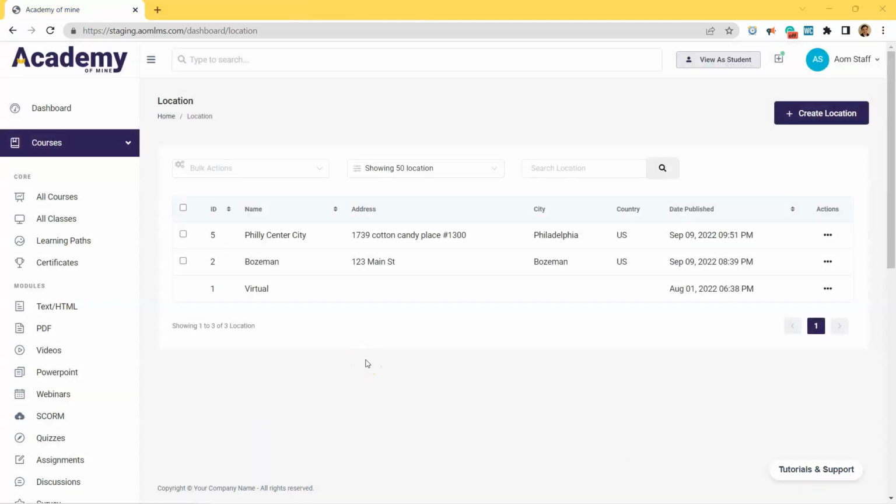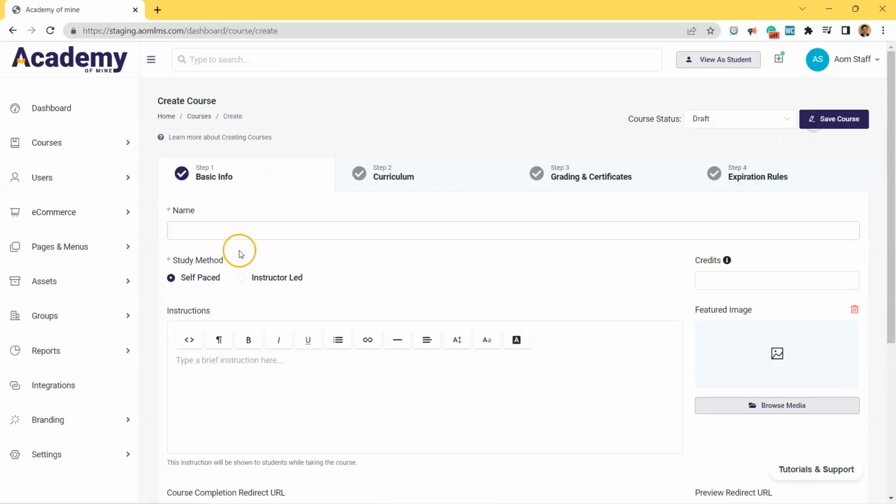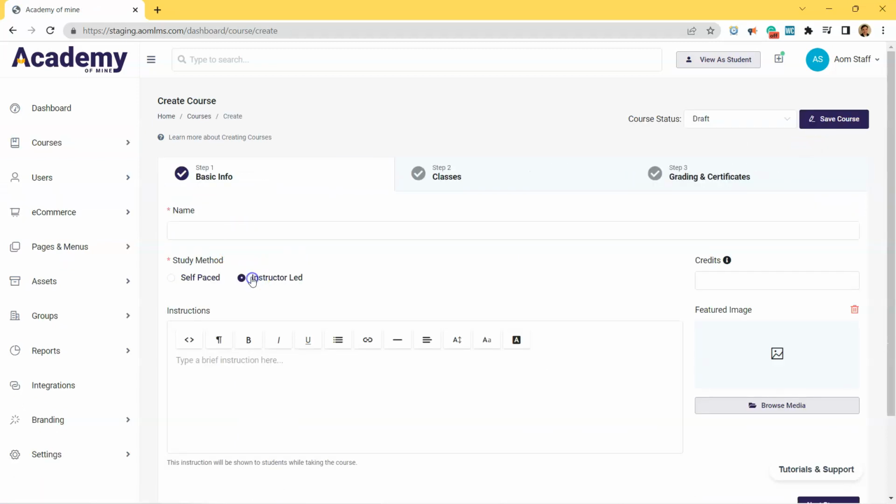For now, since we have at least one location to choose from, let's create our instructor-led course. So without even leaving the location tab, the easiest way to do this in the sidebar navigation is under courses, click all courses, and then we're just going to go create course. We're going to switch this toggle from self-paced to instructor-led. Let's name this food safety training